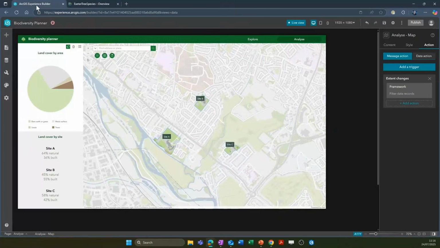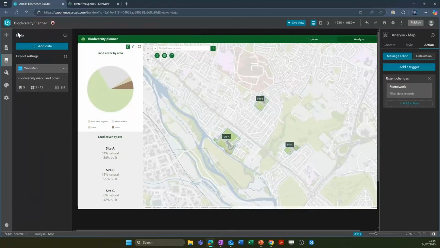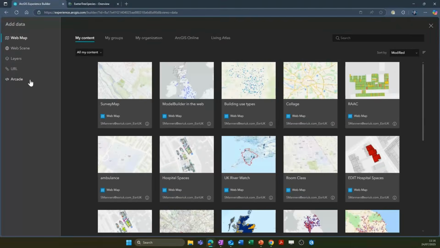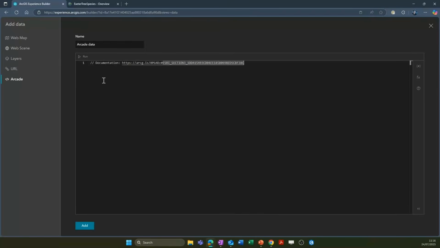using Arcade. So I'm going to head back to my data tab, back to my home, and we can see here that the only data I've currently got in my Experience Builder is my biodiversity land cover map. So I'm going to head to my Add Data button, find the Arcade editor, and here I'm going to add in some more pre-written script. Now this script is essentially asking Arcade to pull in some data using the portal URL and the item ID,